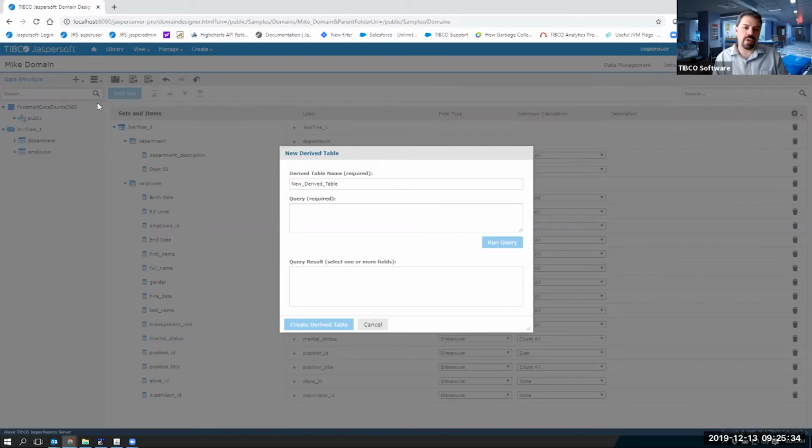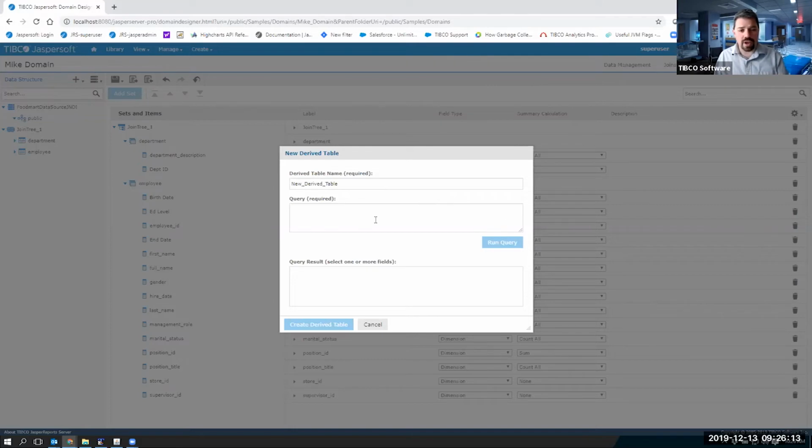When you create a derived table in Jaspersoft, the way it really ends up working behind the scenes is it creates an inner select statement to put whatever query you put here. And that can actually double up the time it takes. So the table scans, depending on how you're doing things, it can double it up and really impact that performance. So the more derived tables you have, the slower your query can perform. And you can see that on the front end. If you have the View SQL button enabled in your ad hoc view, you can view that SQL and try to analyze it. You'll see that most often, if you have derived tables, that's why your performance is not as good.